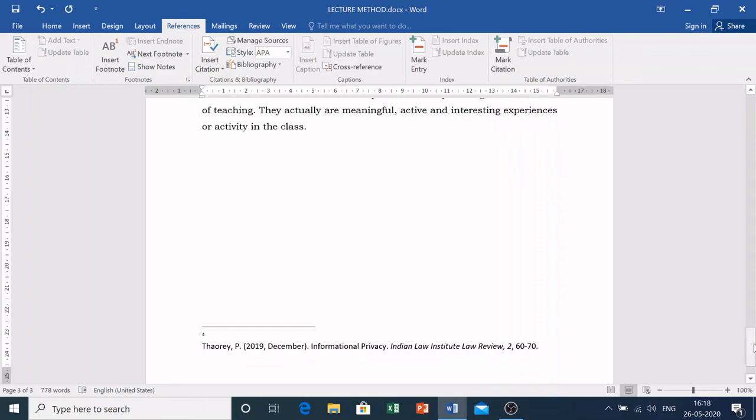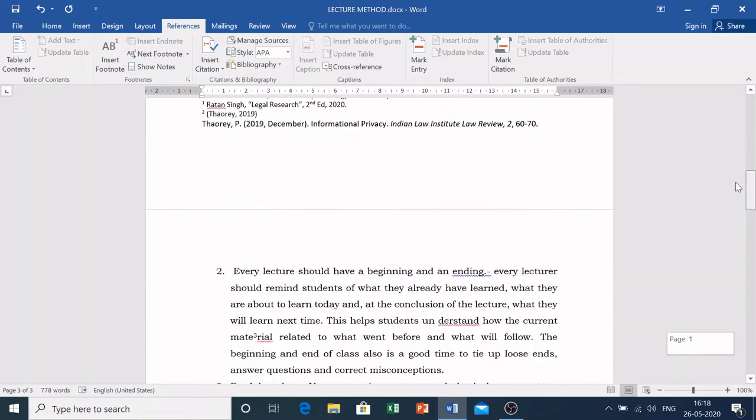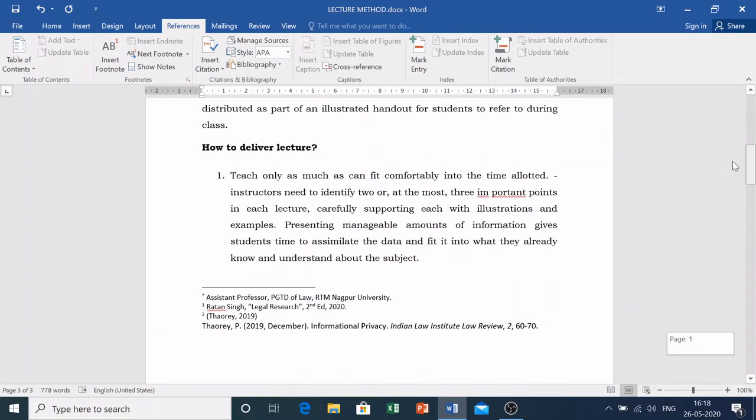So this is how it will be easy for us to write down the footnote at each and every place according to the required format, and also it will be very time saving to use such a reference tool for writing the citations, and also a systematic approach will be there for writing the citations in your research report.